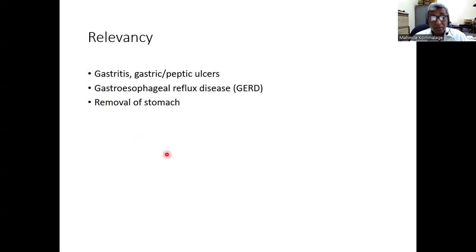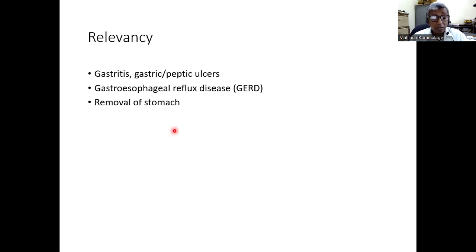And as I discussed in the previous lecture, gastroesophageal reflux disease is related to stomach acid, and is common. And nowadays, removal of the stomach is also getting common as a surgical procedure, especially to reduce weight. Removal of part of the stomach is getting popular